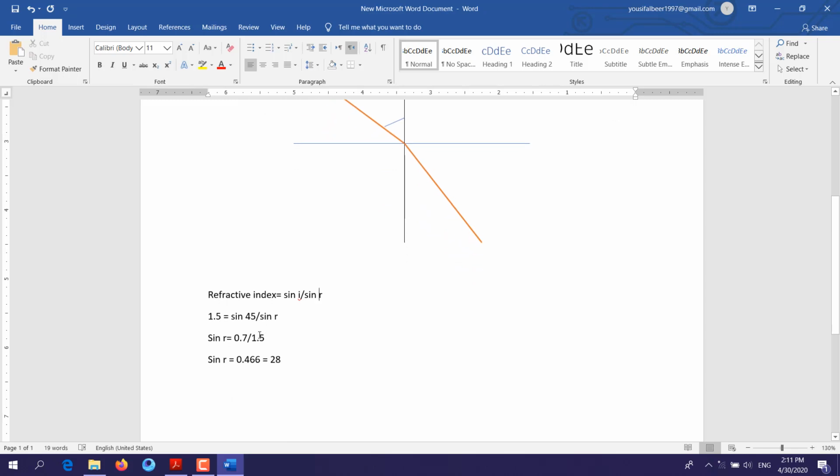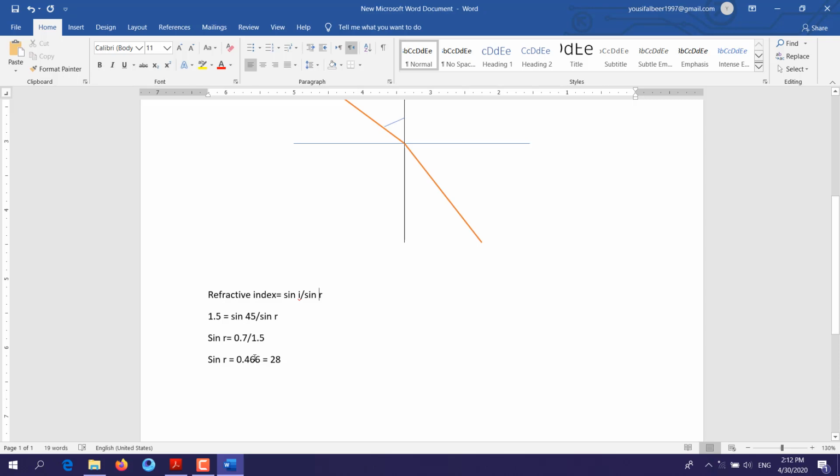Now, by doing the calculations, the sine of 45 degrees using a calculator is 0.7. Now, sine of refraction equals 0.7 divided by 1.5, and you will get